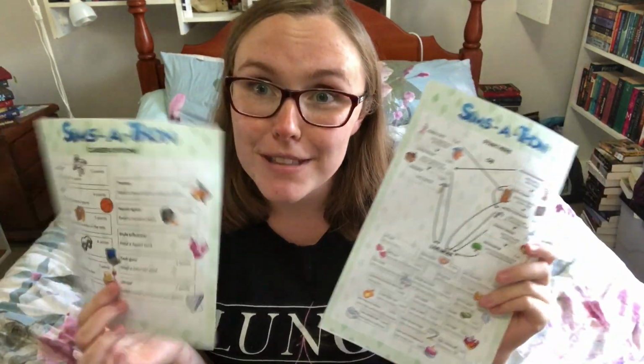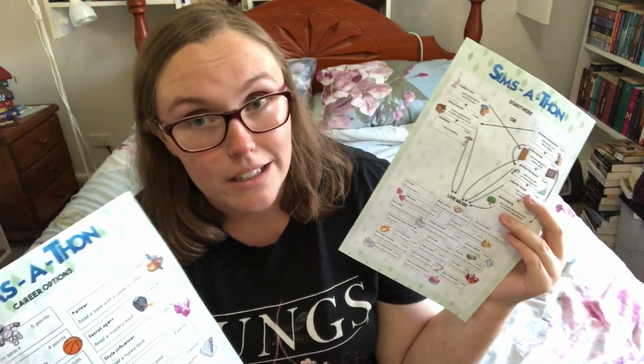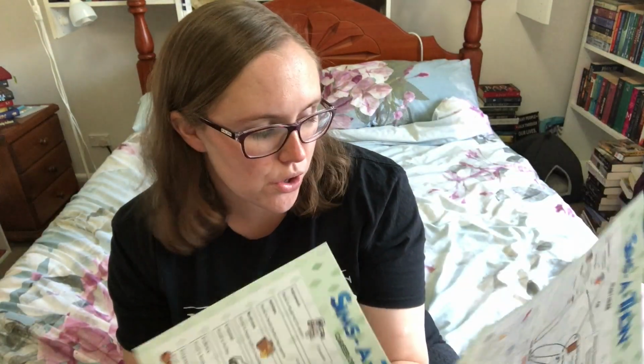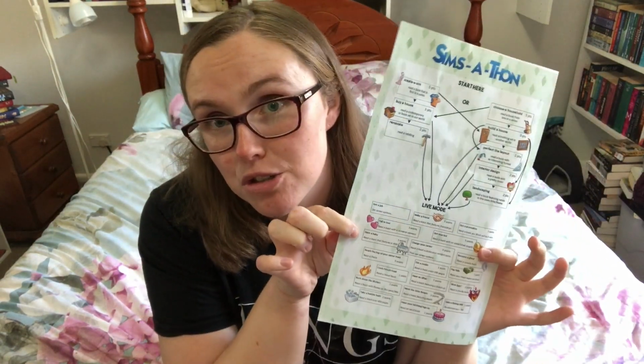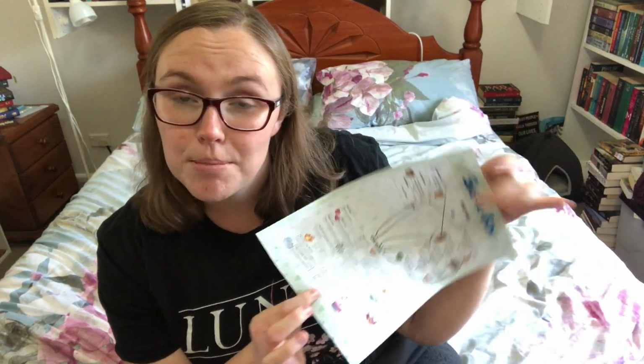My only real rule, but also I don't believe in rules, you can do what you want with the readathon, is that a book can't do more than one challenge. So we're trying to gain points per reading as much as possible, but if you want to have 3 babies and read 3 books featuring children, you could get 15 points. I totally believe in that. You could age up a couple of times by reading a couple of adult books,